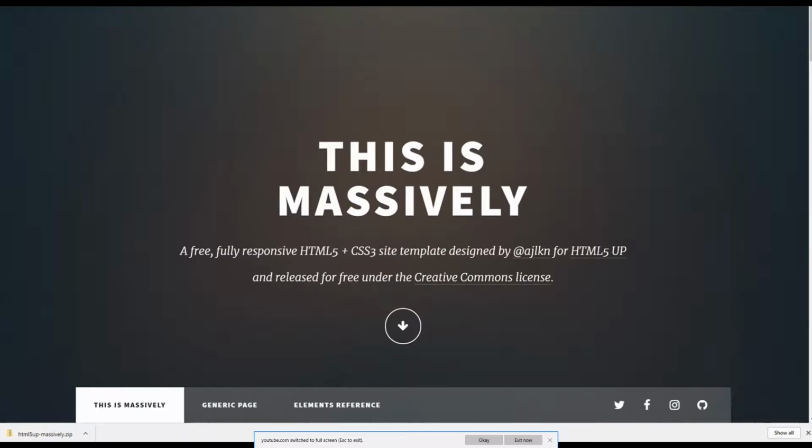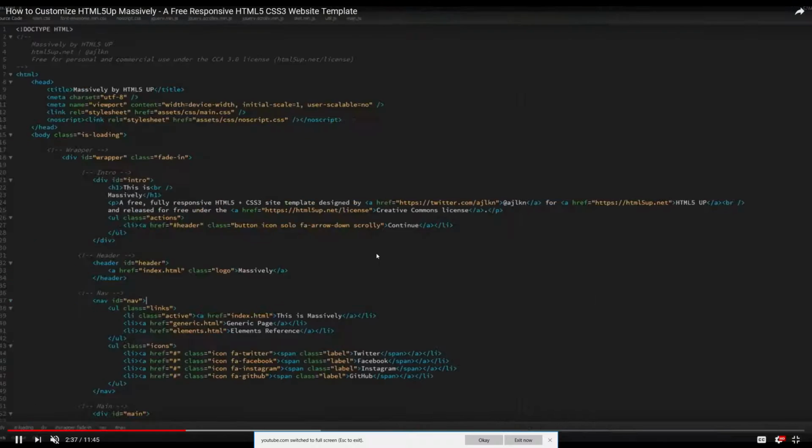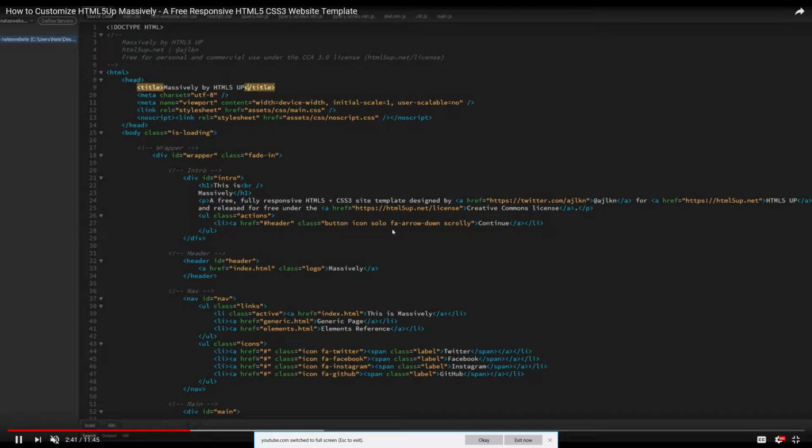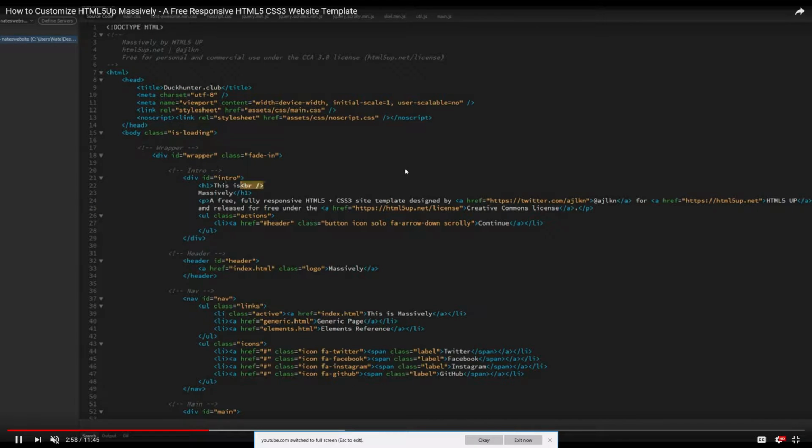Most people don't, but I'm going to show you how to change this text right here and this text right here. It's very easy. Just takes a minute or two. You open up the index.html in your favorite source code editor. Lots of free ones out there. Look at the comments for suggestions. Anyway, I changed the title tag there and the H1 tag here, and removed part of the H1, the second line of the current header,